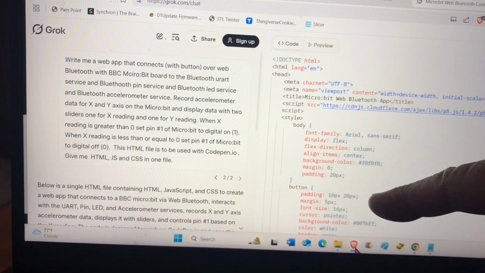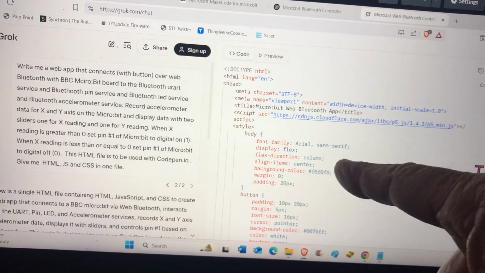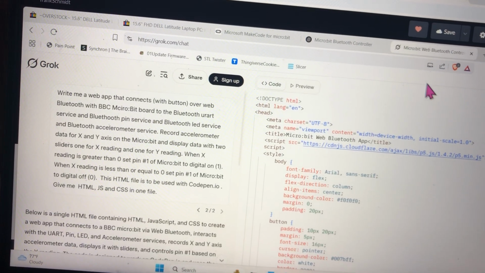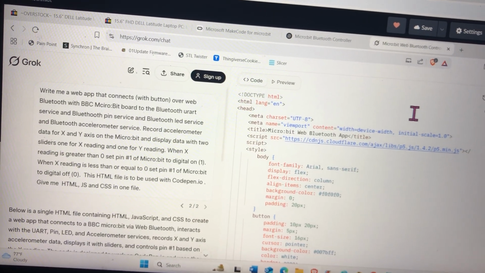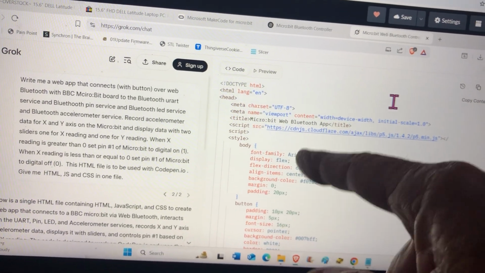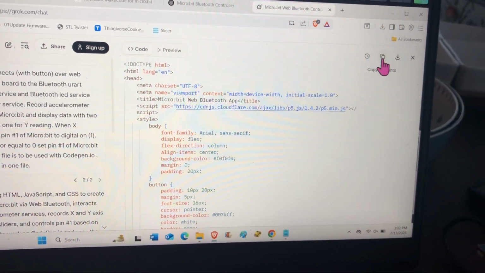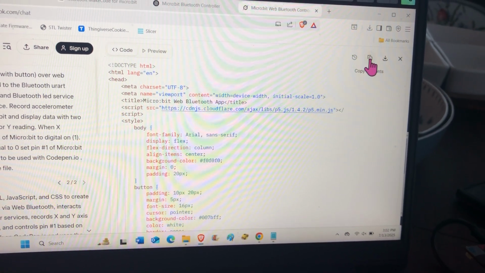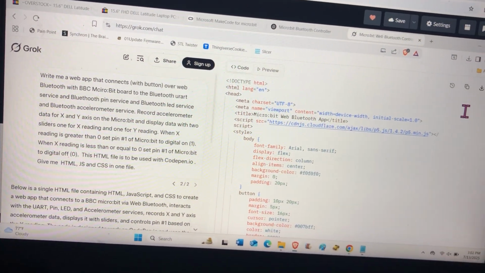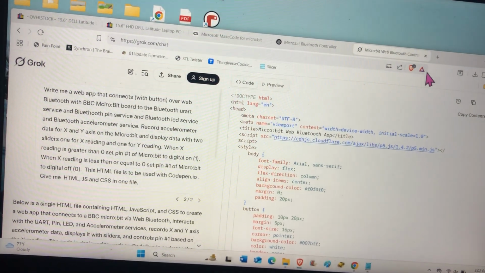This is the code. I found out the best way to import this code into CodePen. CodePen actually shows the web page. GROK is just writing the HTML code based on what I asked using AI. Here is our copy icon. That's the best way to get this code into, now I'll show you, into